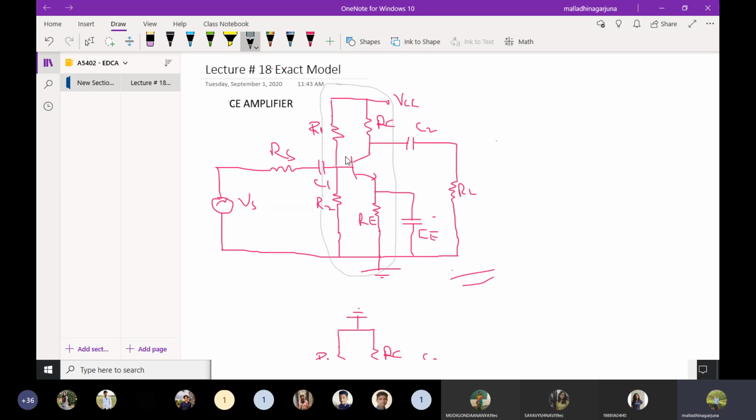For input and output, we are connecting two capacitors. We call them coupling capacitors or blocking capacitors. This was already discussed in the previous classes. The blocking capacitors act to block the DC signal. If we give an input signal and it has any DC signal by mistake, that DC signal will be blocked across C1, and only the AC signal is allowed to go and apply to the base.